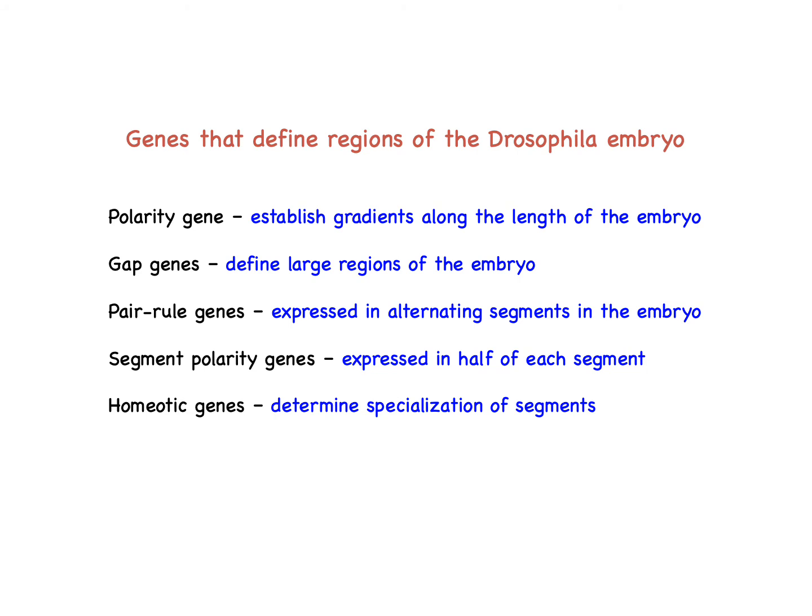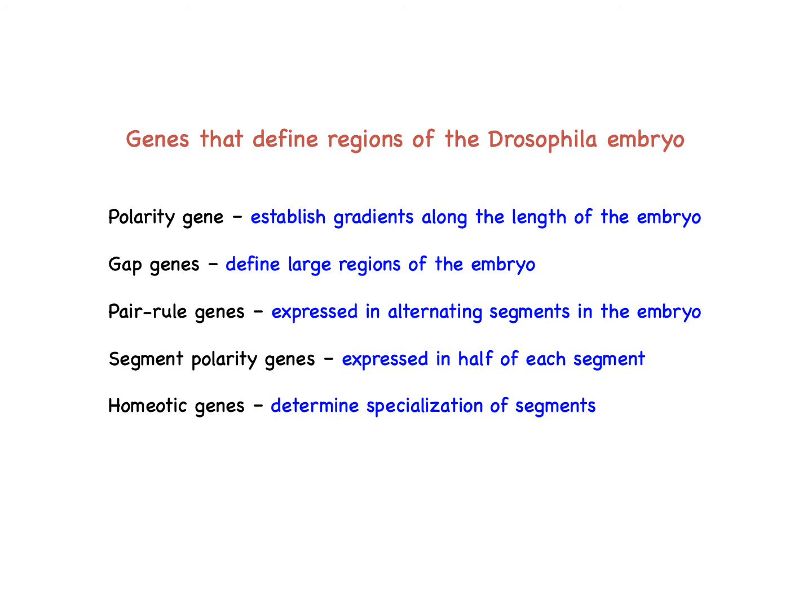And so the nuclei are able to see these determinants, in this case the polarity genes. And once those gradients are established, then another series of genes come on in different regions, and these are called the gap genes that define large regions in the embryo. And those then, along with the polarity genes, are going to